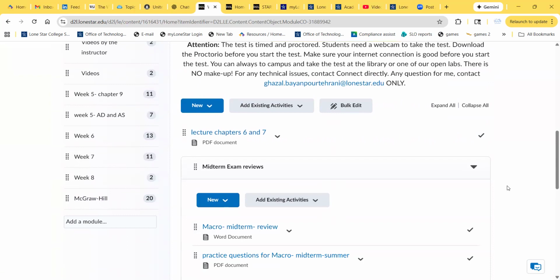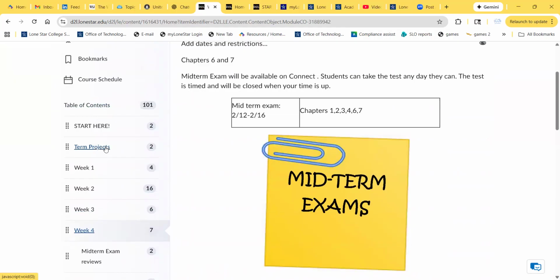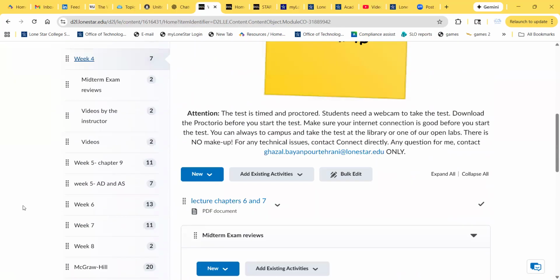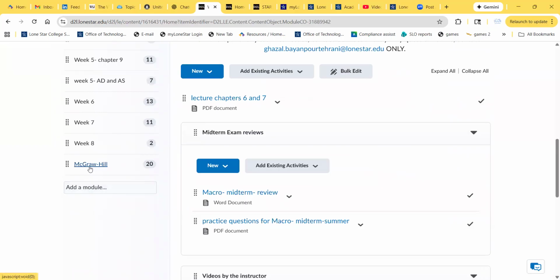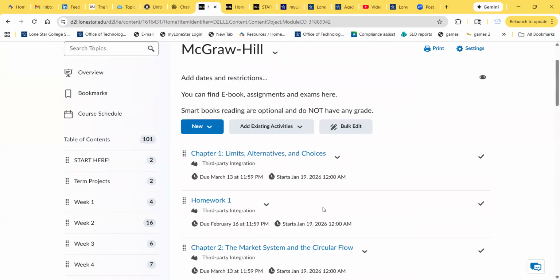Now that we're talking about exams, let me talk about the textbook, exams and homework, and then I will come back to this project, okay? So the textbook that we're using is called Macroeconomics, and McGraw-Hill is the name of the publisher of the textbook. The publisher has a software which is called Connect Plus. For those of you who take especially business and accounting, I know that many of my colleagues actually use Connect Plus, but even if you're not familiar with that, that's fine. I will explain it here for you.